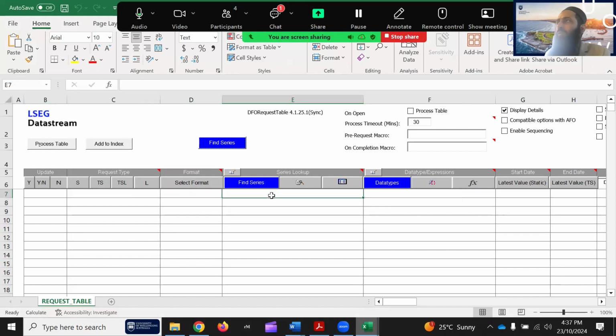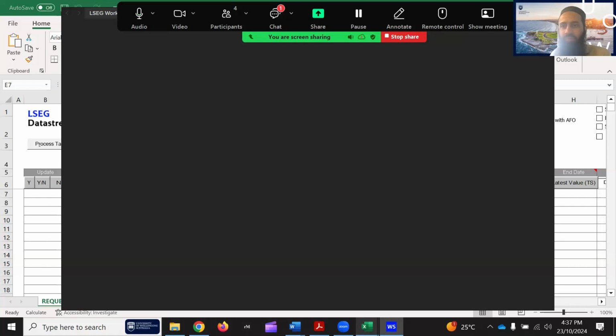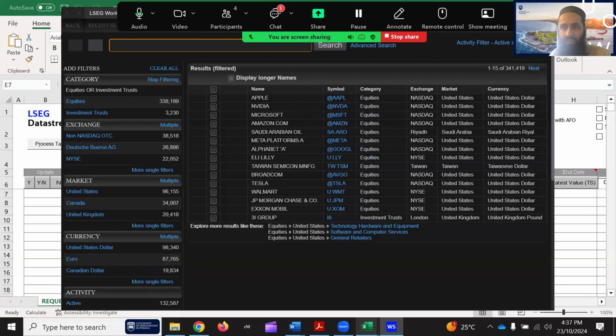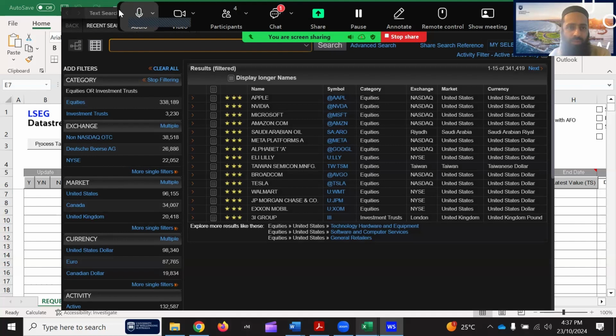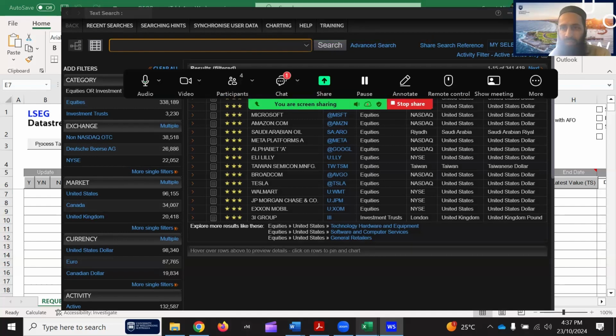So here, series lookup, you first need to identify the list for a particular country. And how you identify it: if you click on this find series, it will open a new dialog box. In that, you can then search for the relevant series. I'm not going to demonstrate it. I'm going to show you some videos which you can follow later on. Yeah, so I'm going to just cancel it.